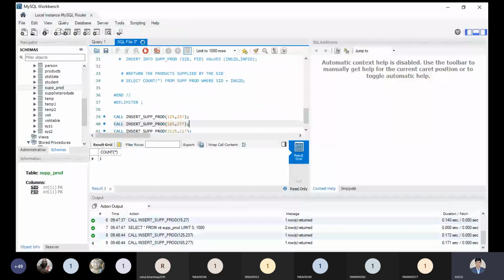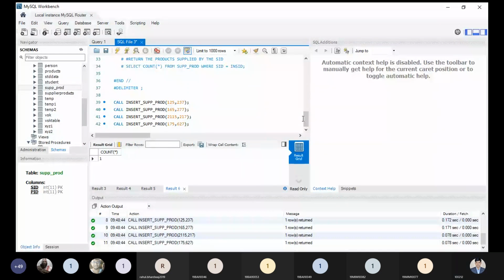Okay, so one by one they are inserted, and at the bottom you can see result 3, result 4, result 5, result 6 coming. Is it visible to all? So 4 different records will be inserted. Now you can see over here, is it inserted? Yes, sir. Okay, and it means there is no duplicacy so far.